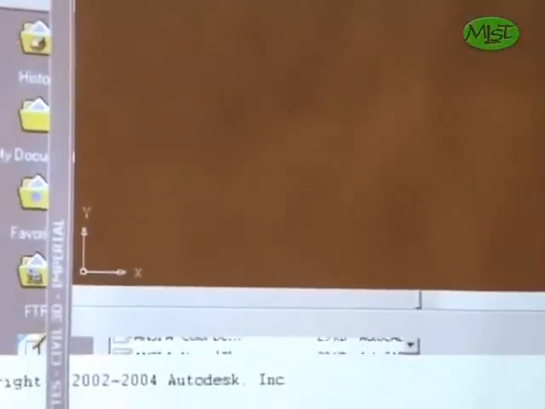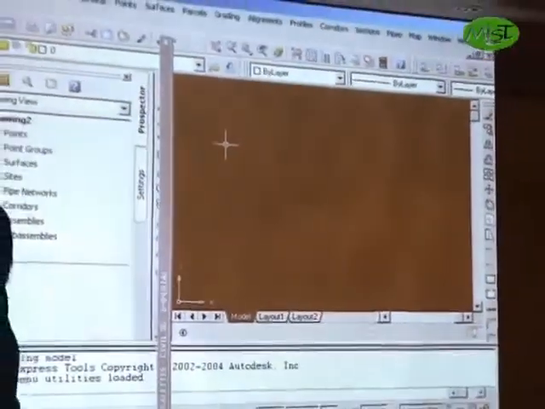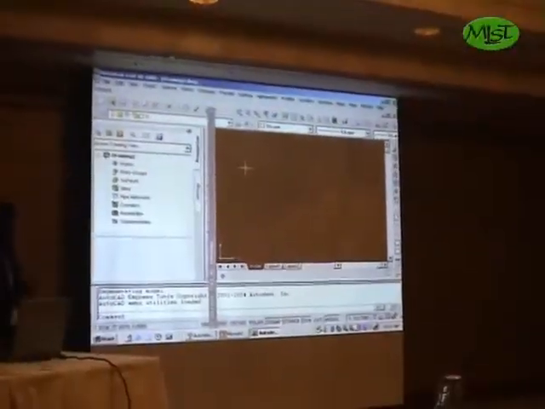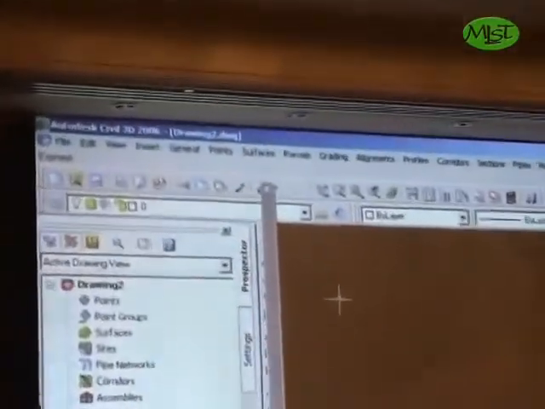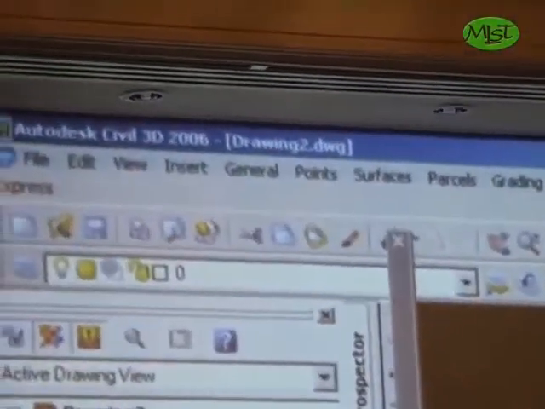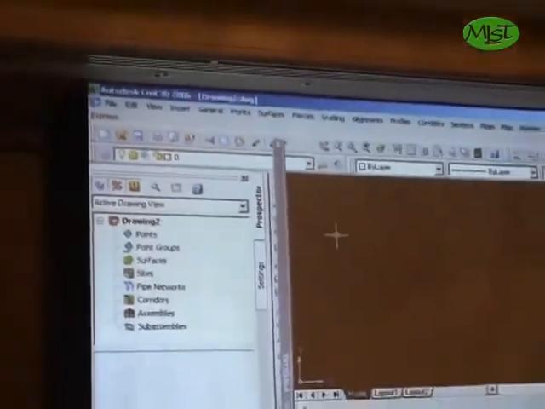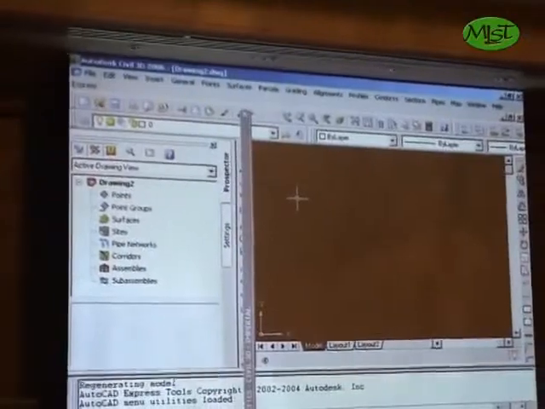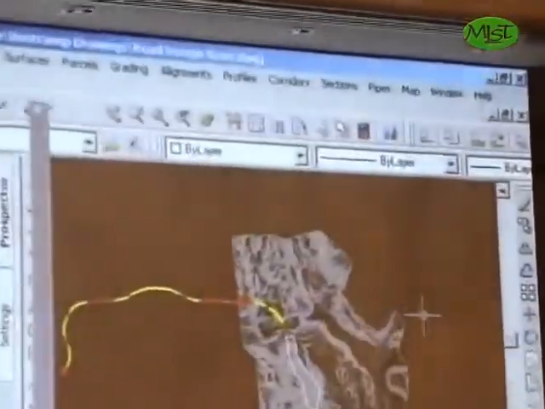Just to give you an overview, this is actually how Civil 3D looks. As you can see, you have the title on top there, Autodesk Civil 3D 2006. So this is the interface for Civil 3D 2006. Now what I'm going to do is open up a file that allows me to create a